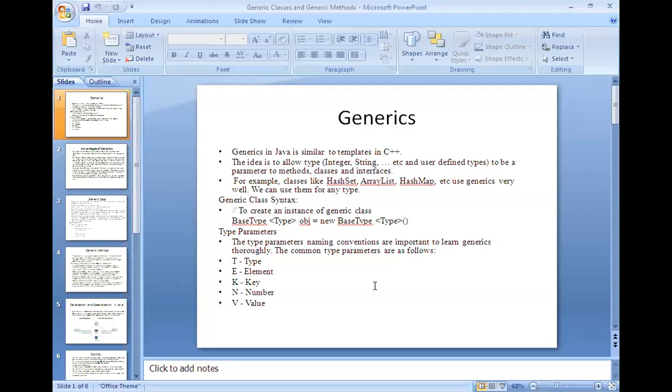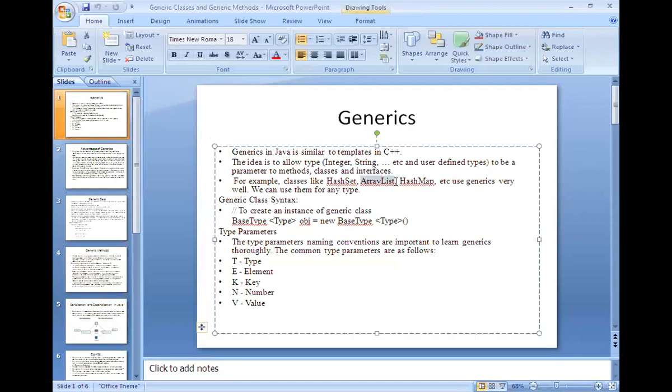If you want to change, you can change it. Of course, we will see in the examples what way we can implement this. For example, classes like HashSet and ArrayList only perform operations on Object, not on the data type. So in that case, what do we have to do? There we will try to implement generics to perform certain operations.